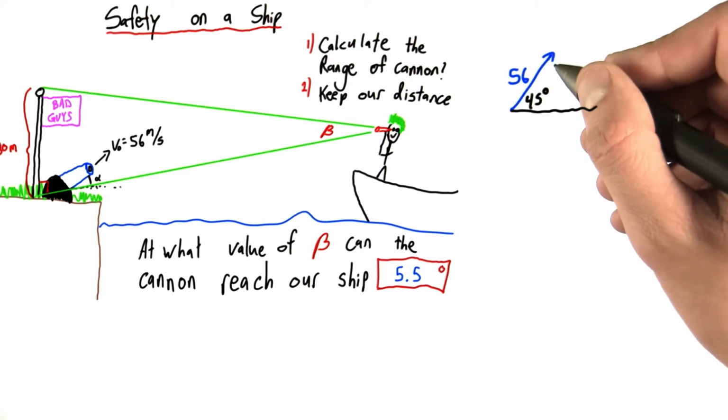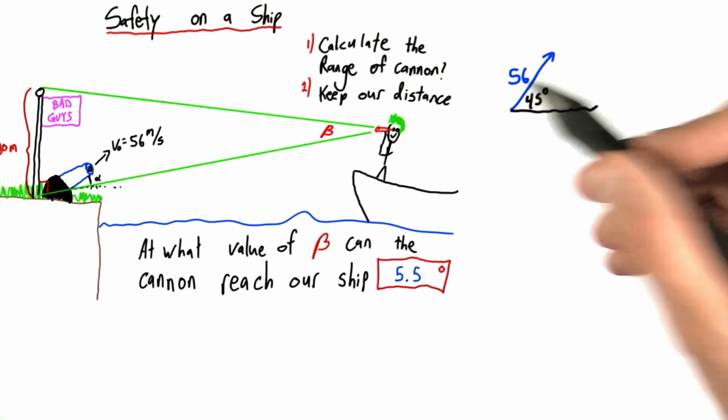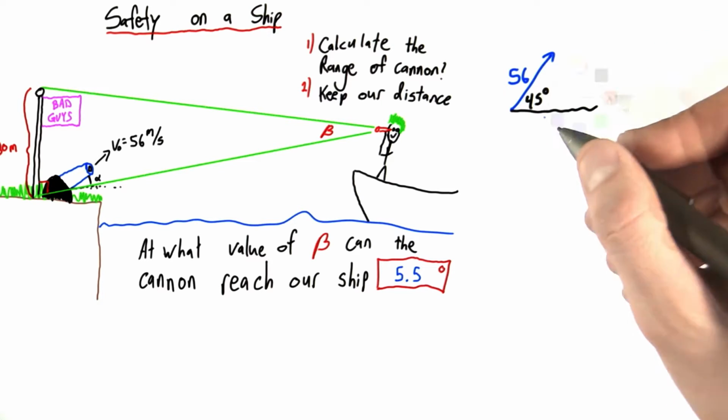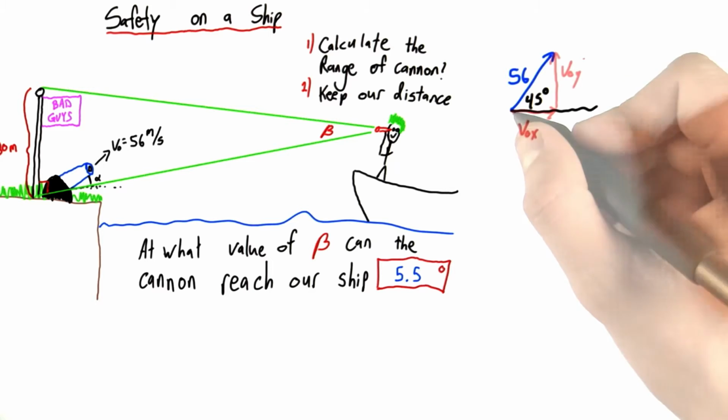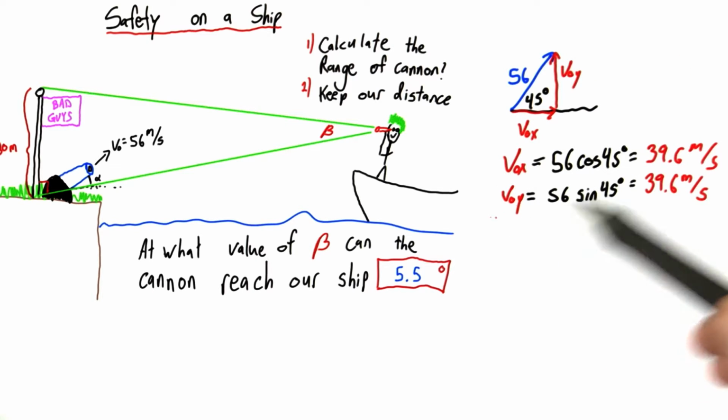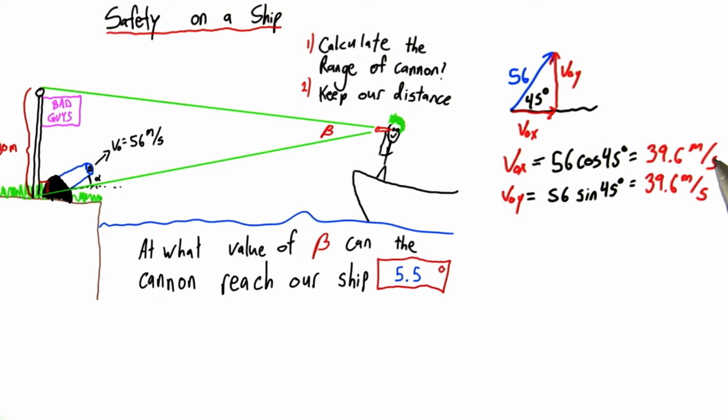Well, let's look at our initial velocity vector. The cannon fires at a speed of 56 meters per second at an angle of 45 degrees because that optimizes the range. Now we want to break this into components, v0x and v0y. We can do some trigonometry to show that the x and y components are both equal to 39.6 meters per